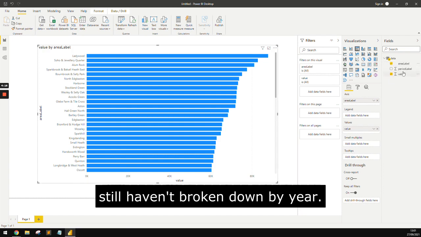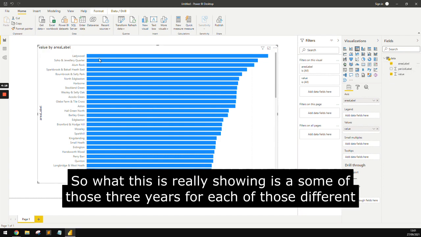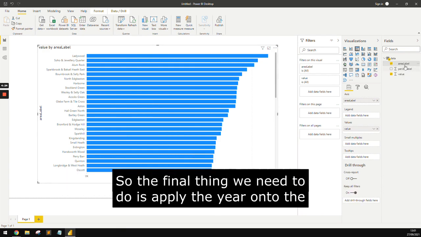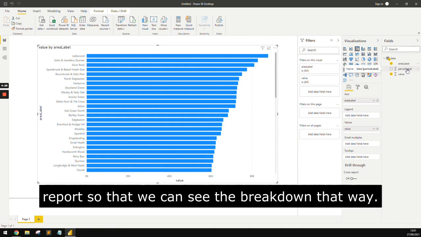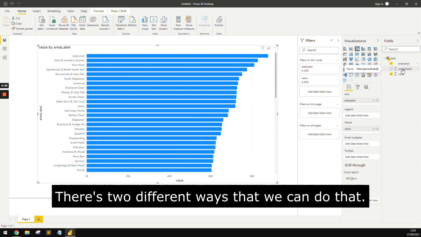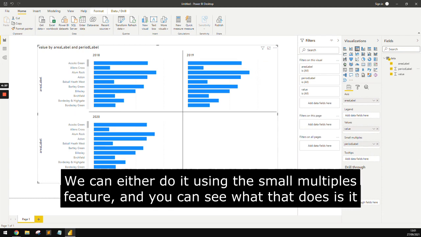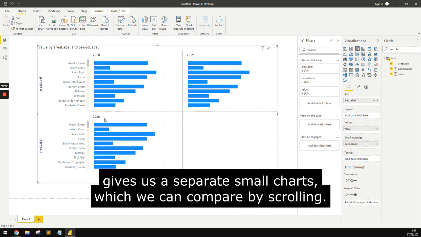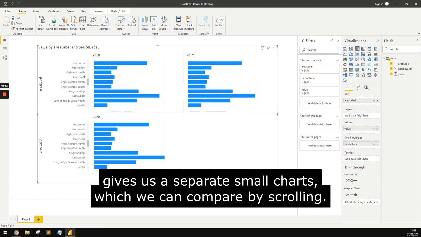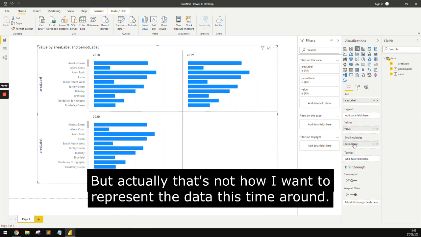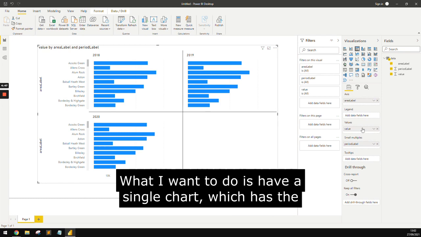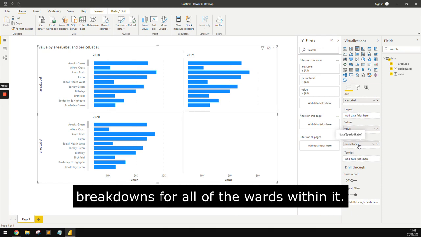But actually we still haven't broken down by year, so what this is really showing is a sum of those 3 years for each of those different wards, which is not what we want. So the final thing we need to do is apply the year onto the report so that we can see the breakdown that way. And there are 2 different ways that we can do that. We can either use the small multiples feature, and you can see that gives us separate small charts which we can compare by scrolling. But actually that's not how I want to represent the data this time round. What I want to do is have a single chart which has the breakdowns for all of the wards within it. So I'm going to